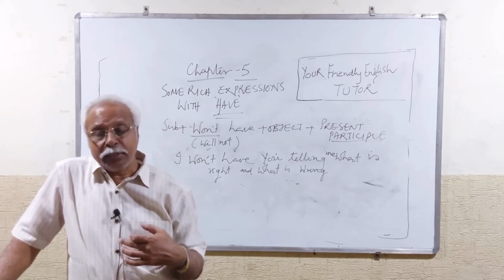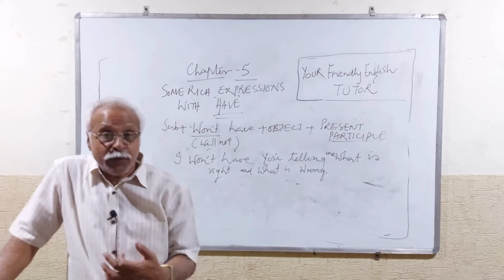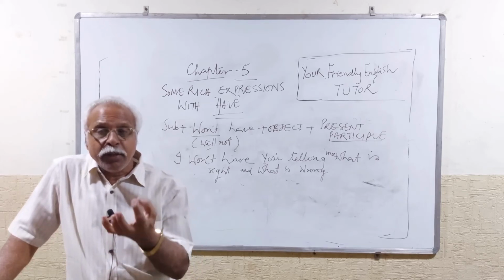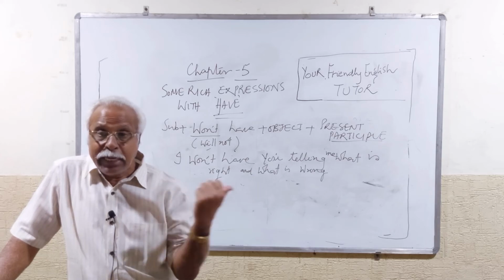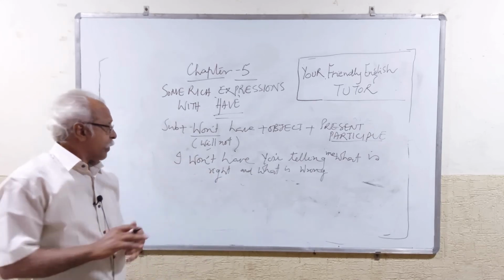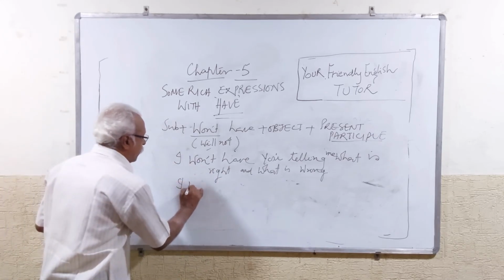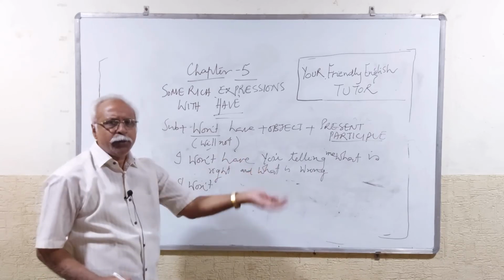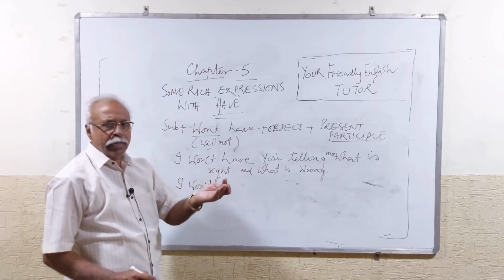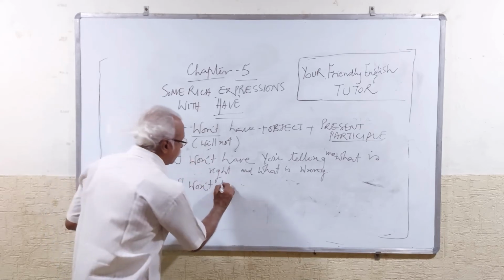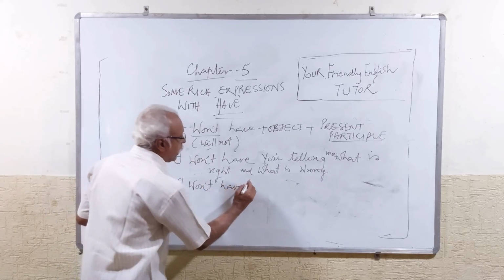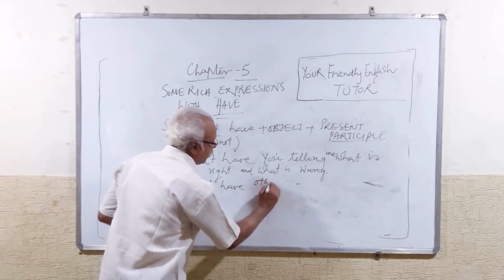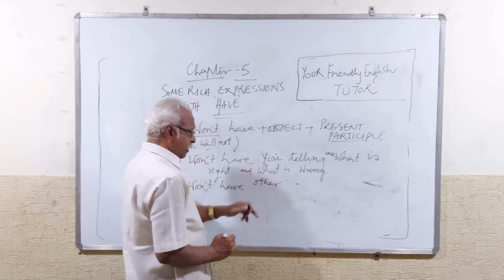They want to take advantage of your good nature and soft nature. At the time you can say wonderfully, I won't. Here have means I won't allow you. Instead of it you can say, I won't have others